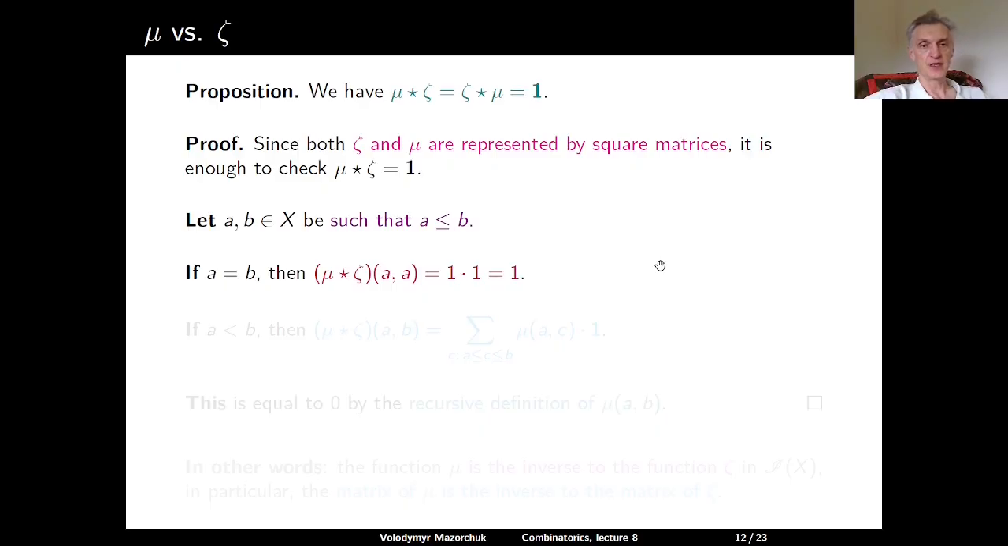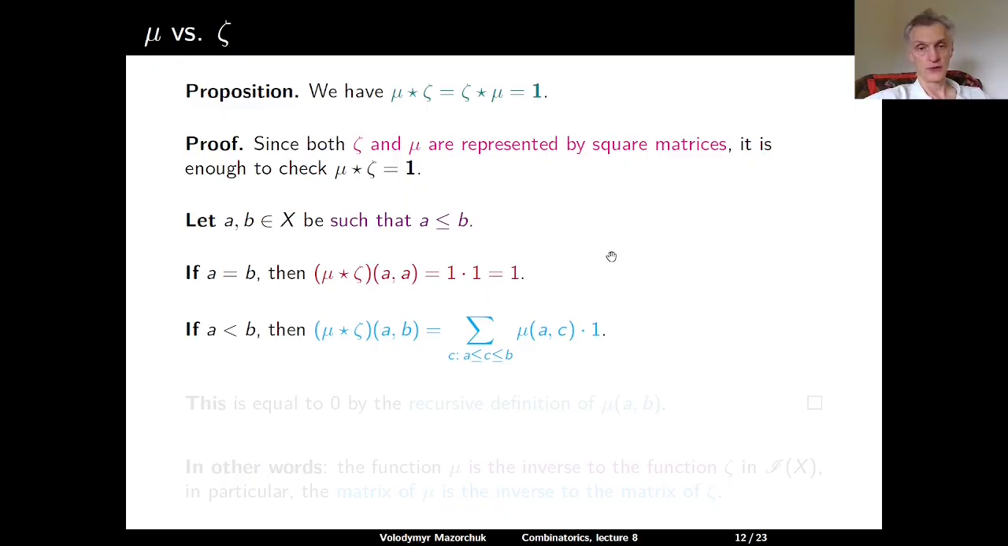If A is equal to B, then mu times zeta evaluated at A, A equals mu of A, A times zeta of A, A, which is 1 times 1, which is 1. That's great. If A is strictly smaller than B, then mu times zeta evaluated at A, B is equal, according